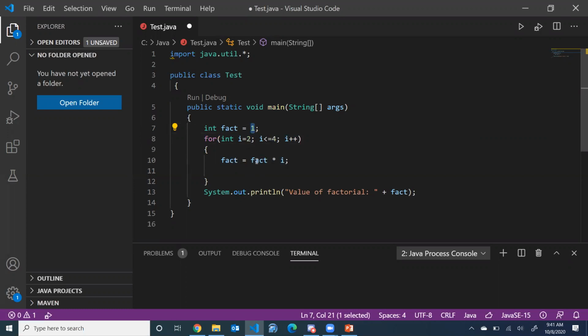तो अब यहाँ पे क्या होता है, इस फॉर लूप के अंदर आते हैं तो ये करते हैं 1 into i की वैल्यू, क्या है, 2। 1 into 2 it will get 2 और 2 की जो वैल्यू है वो फैक्टोरियल में दोबारा स्टोर हो जाएगी। So now the value in factorial is 2। अगली बार जब ये चलेगा तो i की वैल्यू 2 से हो गई है 3, so 2 into 3 it will make it 6 and 6 will be stored back into factorial. Then अगली दफा जब चलेगा तो अब i की वैल्यू जो है वो 4 हो गई है, तो 6 into 4 will be 24 और 24 करने के बाद ये इसको स्टोर कर देगा, वहाँ पे ये आपका फैक्टोरियल जो है खत्म हो जाएगा। तो इसका आंसर जो है 24 आना चाहिए।